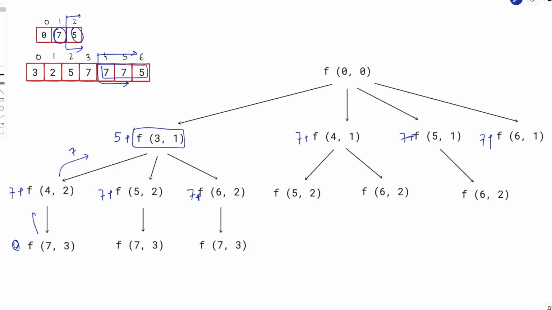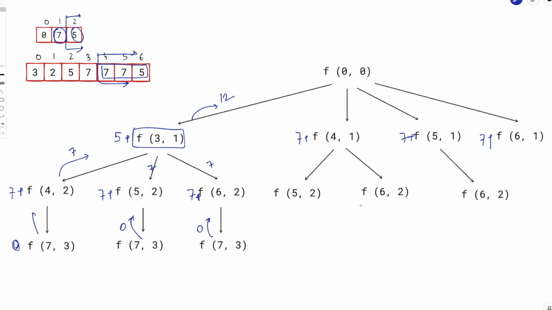And this simply will also return 0 because we already looked at f of 7 3. This will also return 0, right? So overall it will also return 7 and it will also return 7. So we are getting 7 from 3 places, so we will take minimum across all of these, right? So f of 3 1 would be 7, so 5 plus 7 is 12, so we'll get 12 from here,